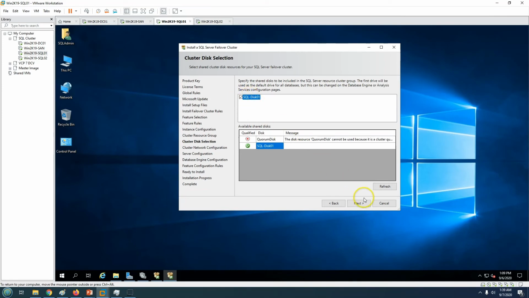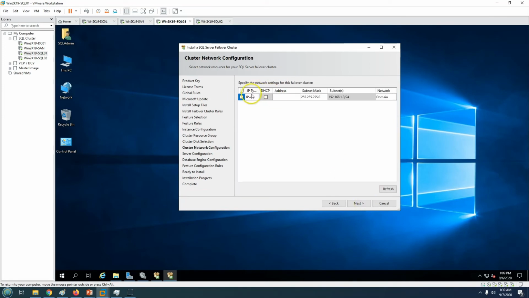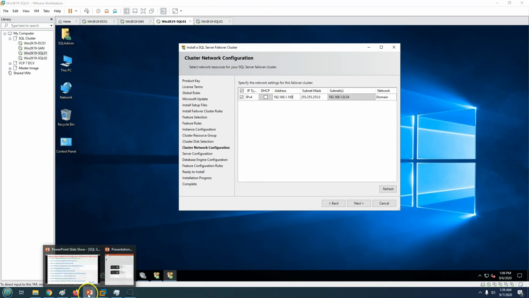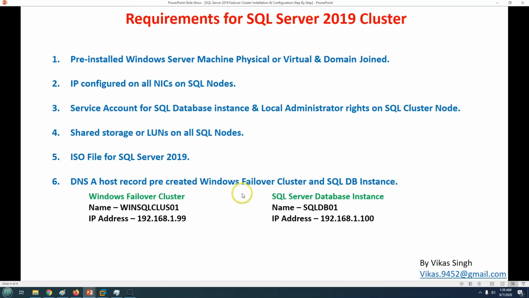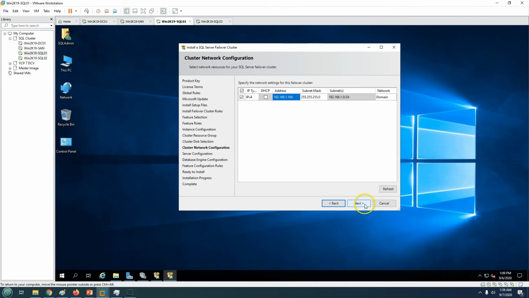This is automatically selected, so click next, and then you got option to assign the IP address. So I'm going to put it here 192.168.1.100, which we have mentioned here. If you go back, you can see this is the IP address and this is the database name. So go ahead and click next,